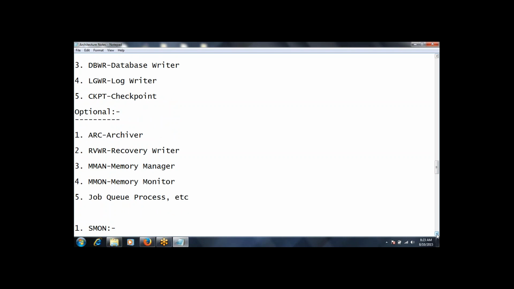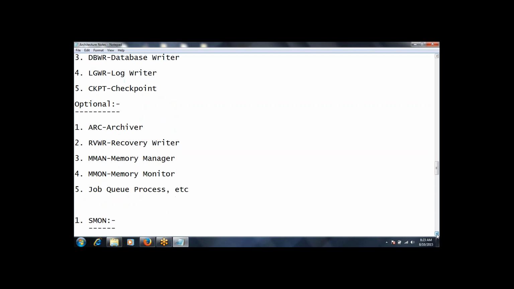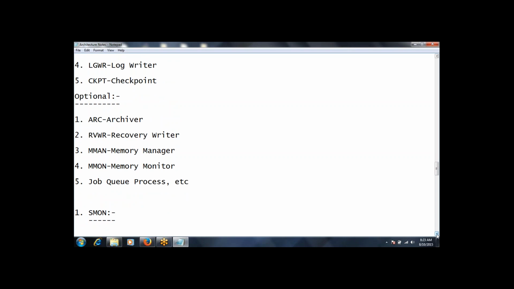And there are some optional background processes like ARC for archiver, RVWR for recovery writer, MMAN for memory manager. Like that, there are many; I have given only a few of them. No need to remember them all; at least if we have some understanding of some of the processes, that is enough.